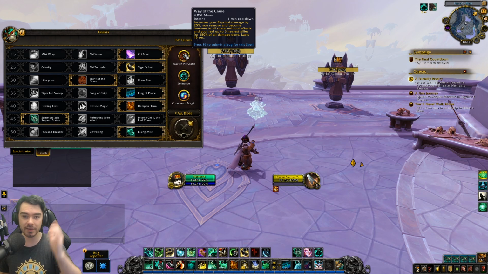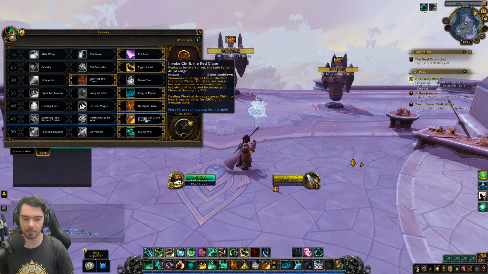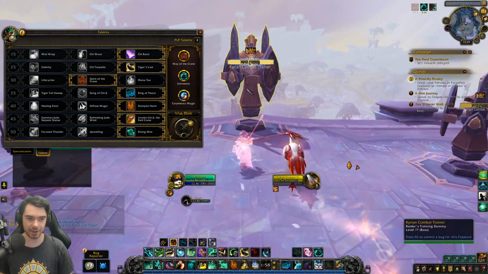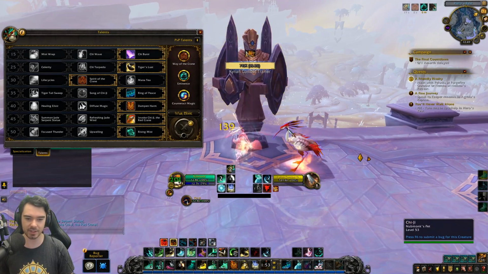So this is obviously based off your Wave the Crane thing. Wave the Crane, of course, it says that Invoke Chi-Ji doesn't have a mana cost. I believe it does. It certainly does. It also has a 2-minute cooldown. But yeah, with Chi-Ji, you can see I'm just going to be doing some nice